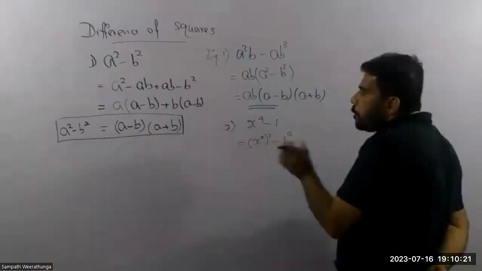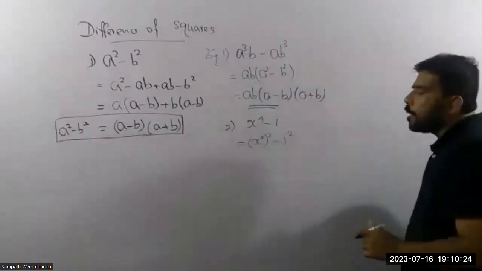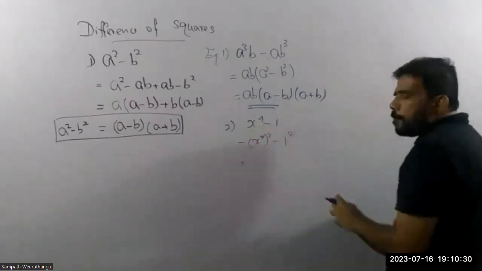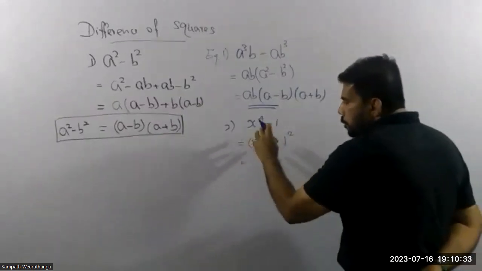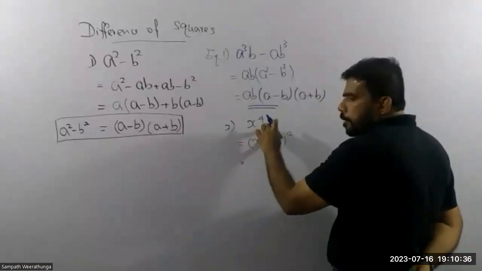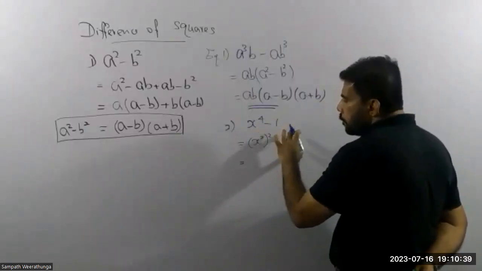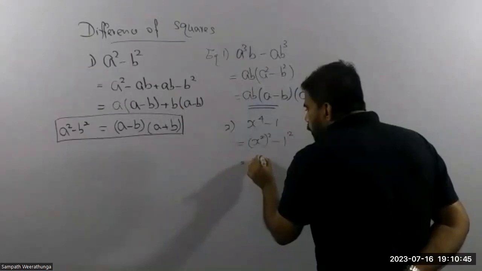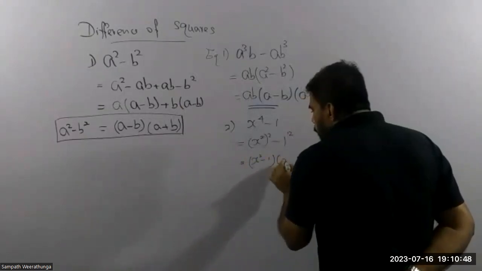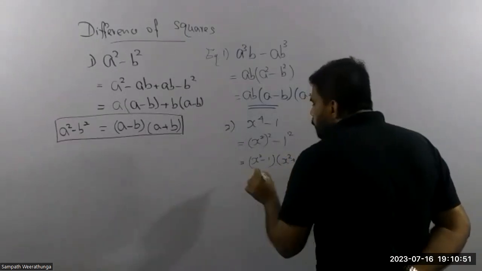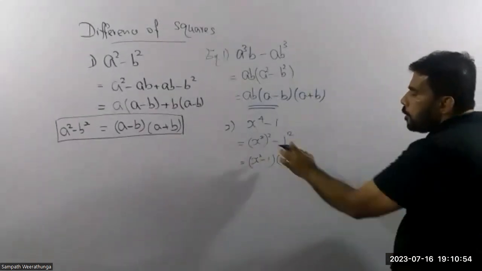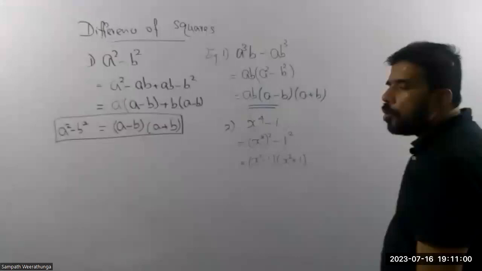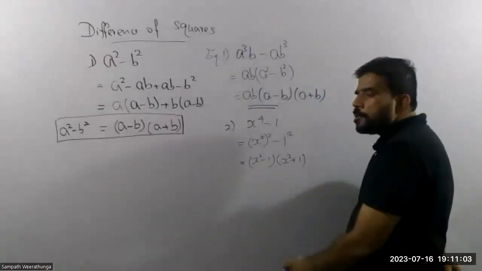Why? Because I'm going to deal with difference of squares theory. Then what I can write is, okay, forget about what is inside this bracket, just assume whatever is inside is squared. So square of this minus square of this, then I can write using this combination x square minus 1, then x square plus 1 as the first stage solution for this combination. But the manipulation is not over yet because we know further simplification for this,